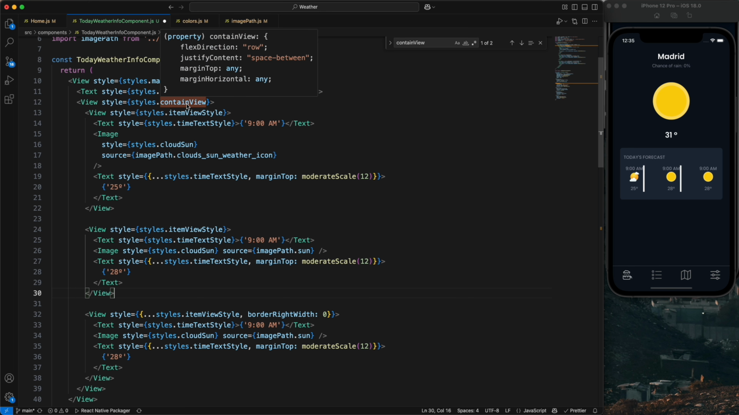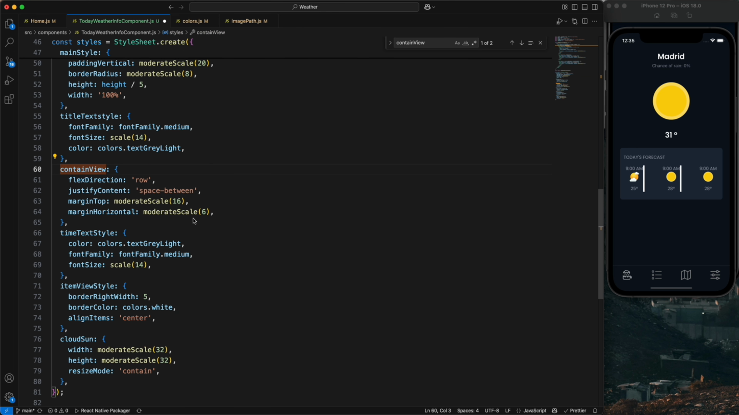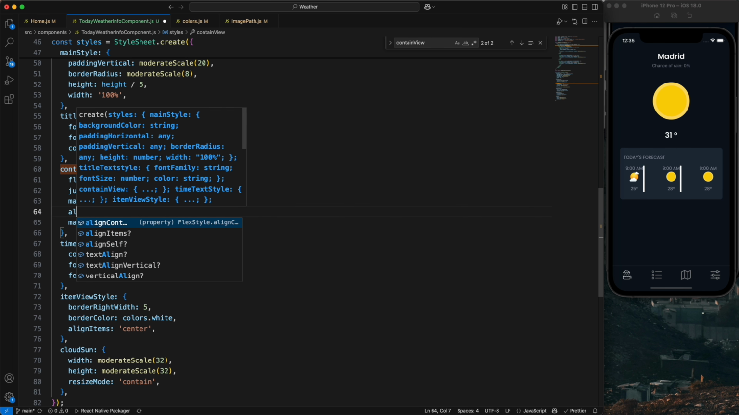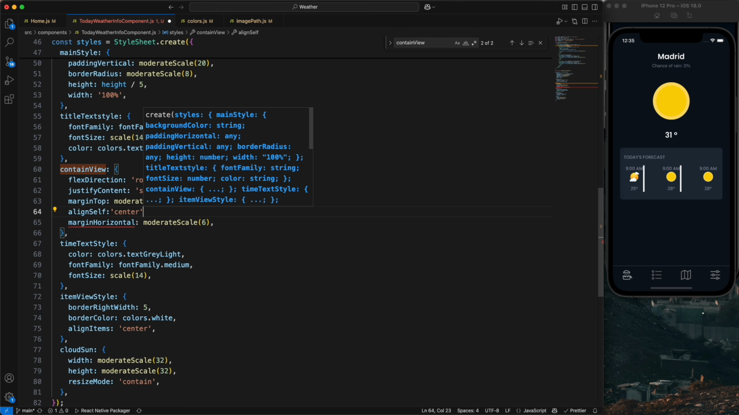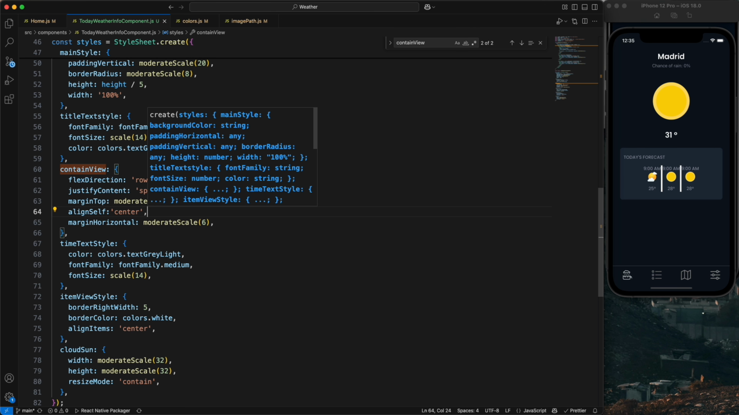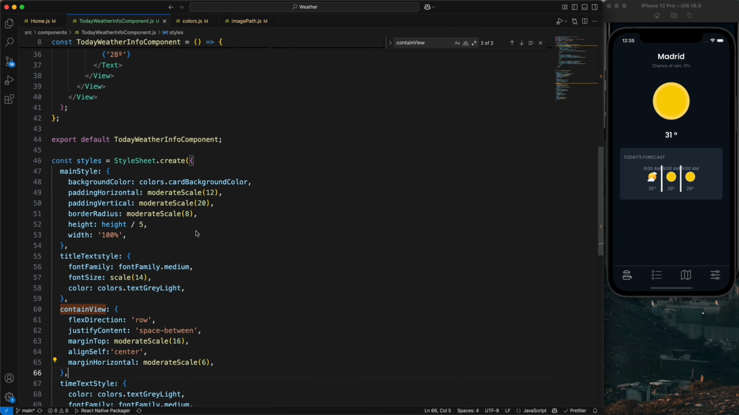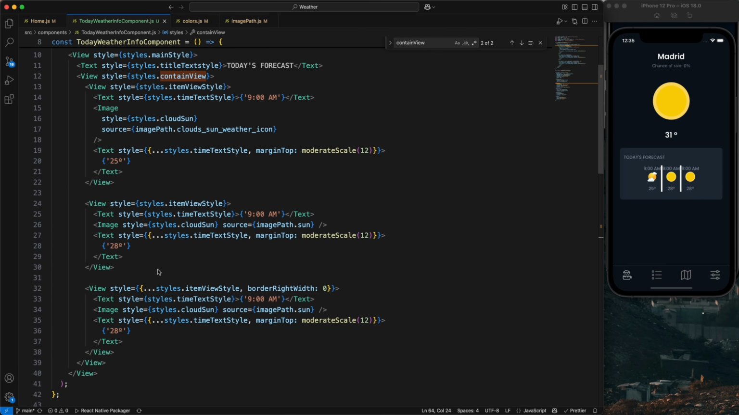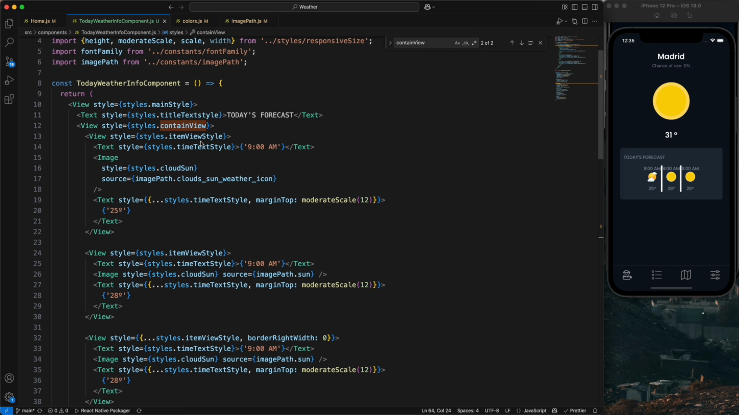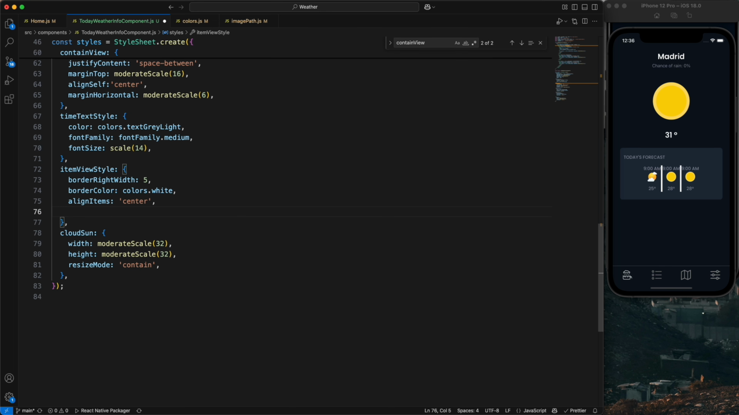So now I'm going to the main content, align self center. We need align self center, and also we need to add the spacing also for every item. So we just add the align self center, and now I'm going to the view of the items. This is my view. To add the spacing also, padding horizontal moderate scale 20,